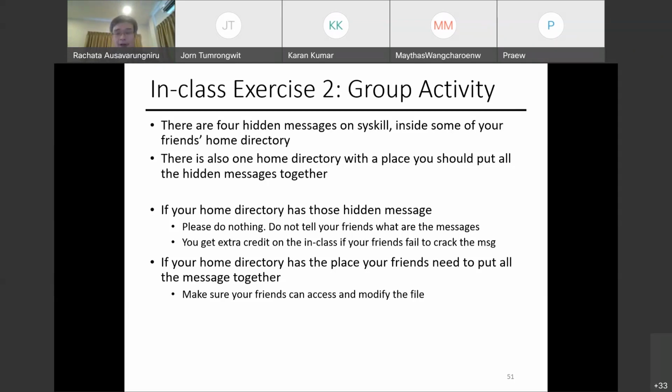Okay, you have to go to the hospital. How about I change the deadline to tomorrow midnight? Is that okay? You have until tomorrow midnight. The only unfairness is to the four students with the hidden messages, because I give you guys more time. So let's keep this activity until tomorrow midnight. All right.